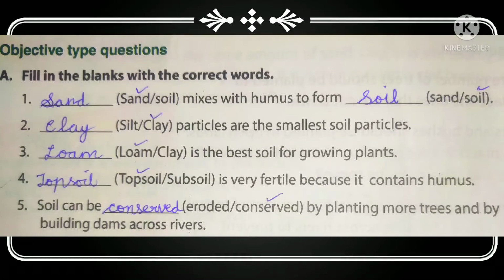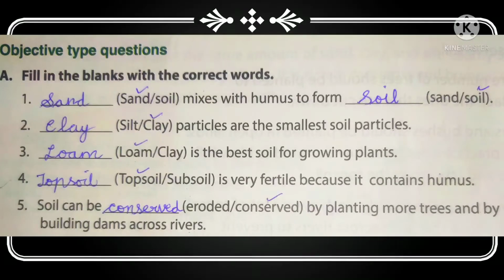Second one, dash particles are the smallest soil particles. Silt, clay. Answer is clay. Third, dash is the best soil for growing plants. Loam, clay. Answer is loam. Fourth one, dash is very fertile because it contains humus.